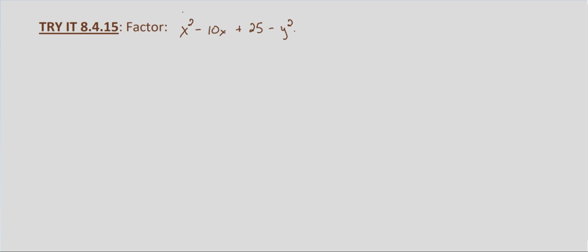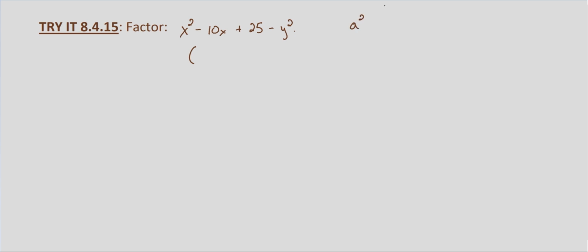We look at the first few terms, and we can factor that, and then we end up with a difference of squares. If you'll notice, x squared minus 10x plus 25, that's a perfect square trinomial. x is squared, 25 is 5 squared. So we're looking at that this is, and if we remember correctly, let's write this out again just